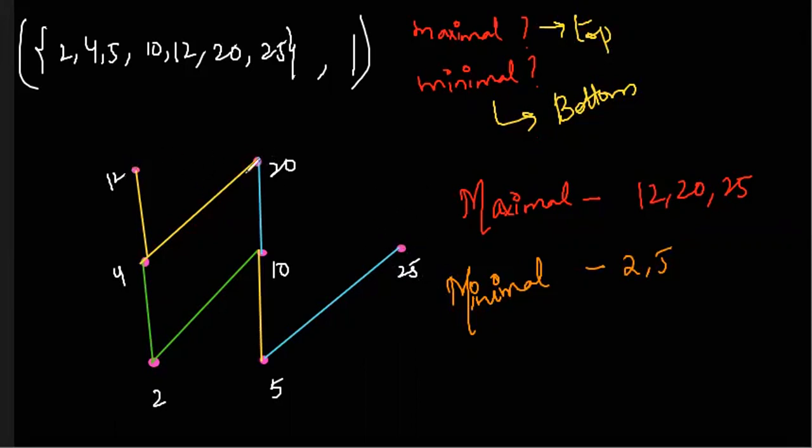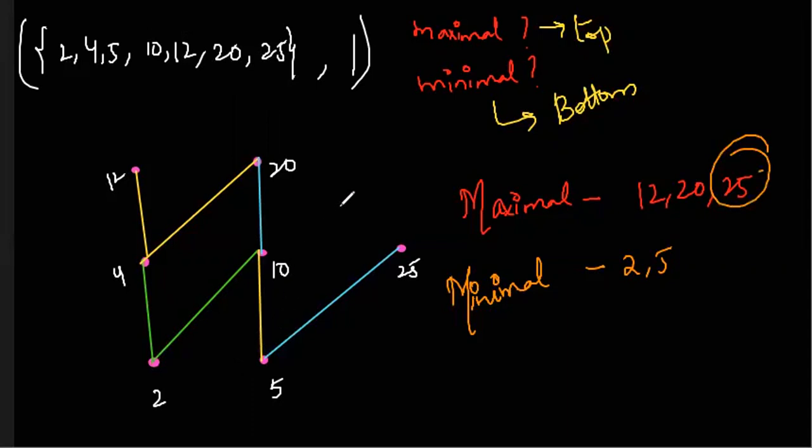12, 20 might be topmost with respect to this. But over here there is no element which is greater than 25. That is, 25 does not divide any other element. Okay. 12 also does not divide any element in your set. So can 12 divide 10, 5, 4 or 2? No. Similar is the case with 20 and 25. That is the reason we have taken 25. While minimal elements are the bottom elements which is easily understood.